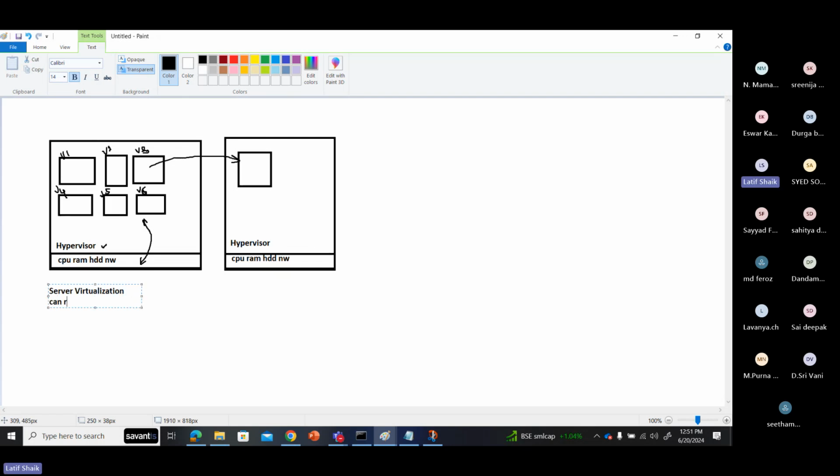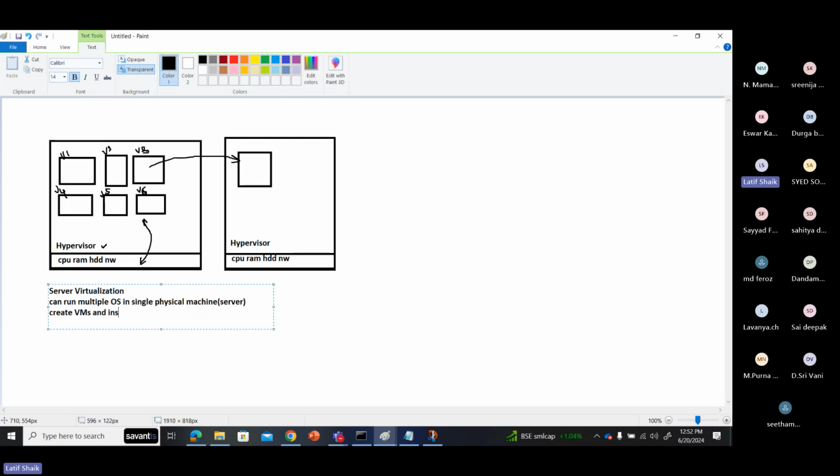You can run multiple OSs on a single physical machine, meaning your single physical server. That is what centralized means. How can you run multiple OSs? You can create VMs